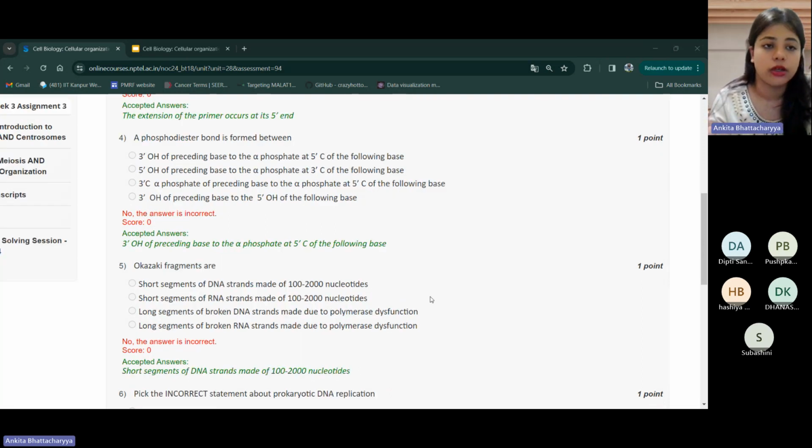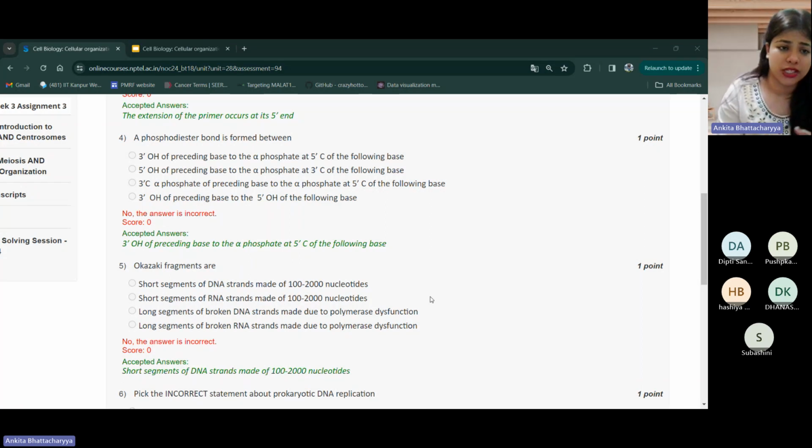For question 4, we were asked that a phosphodiester bond is formed between which of the following? So which are the two entities forming the phosphodiester bond that is being catalyzed by the DNA polymerase? If you remember, the template or the initiation point for polymerases is 3' OH, and what it will catalyze with is the phosphate of the incoming nucleotide. So the 3' OH of the preceding base will form a bond with the alpha phosphate of the 5' carbon of the incoming